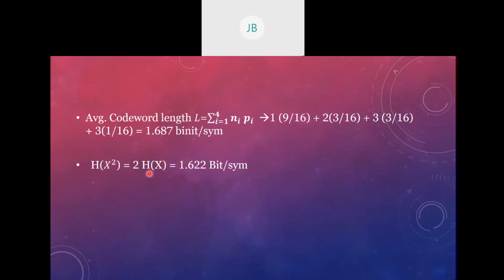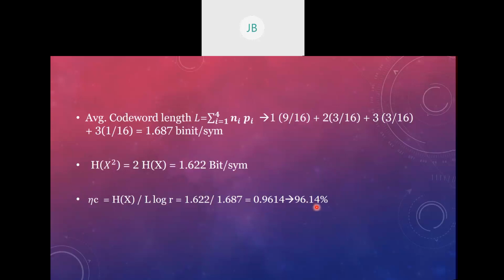It was around 0.8. So multiply by 2, it becomes 1.622 bits per symbol. And then finally, we will find out the coding efficiency. Coding efficiency is nothing but the ratio of H of X by log r multiplied by L. So that comes to